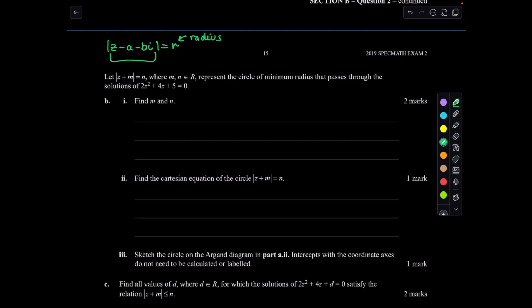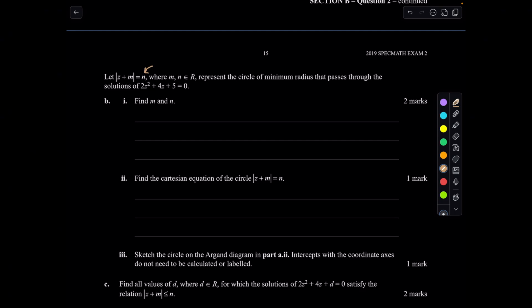And this here, when you solve it for z, let this equal 0, is going to be equal to a plus bi, which is, in terms of coordinates, (a, b). And this is your center of that circle. So, okay, we've kind of understood what's happening here. So imagine, using this knowledge here, what it means is that